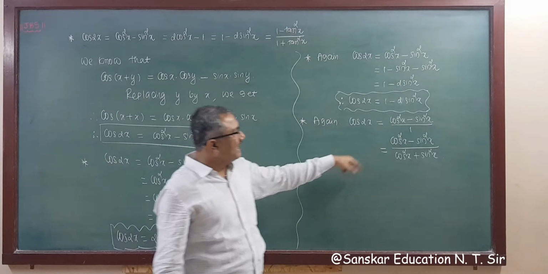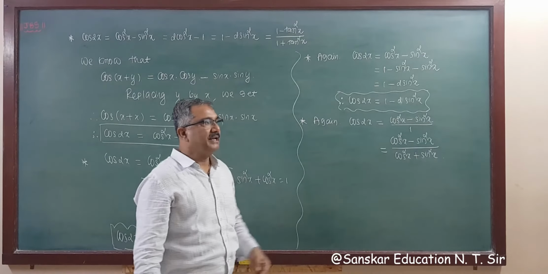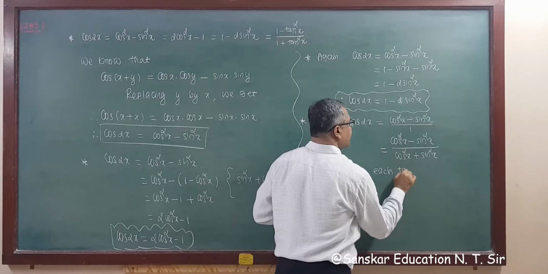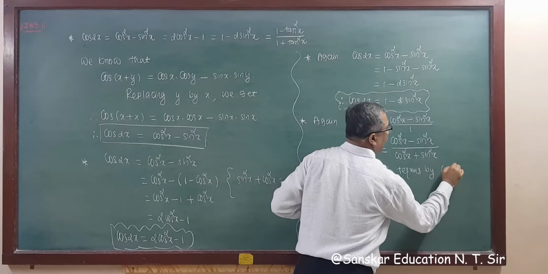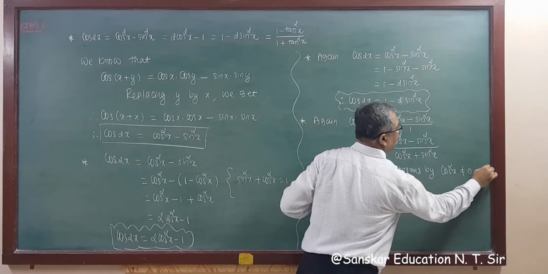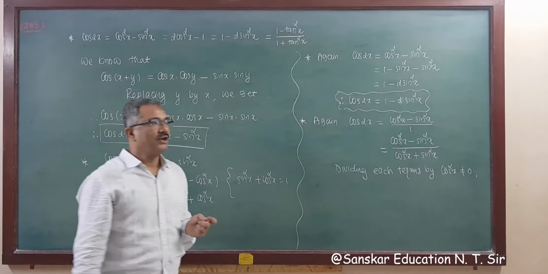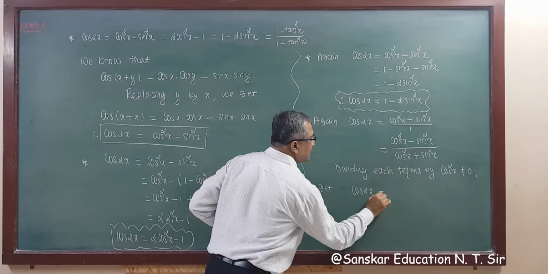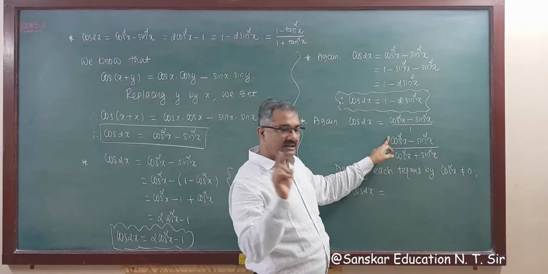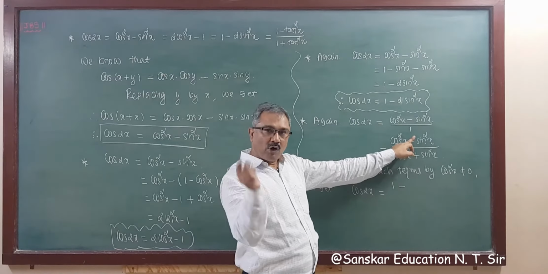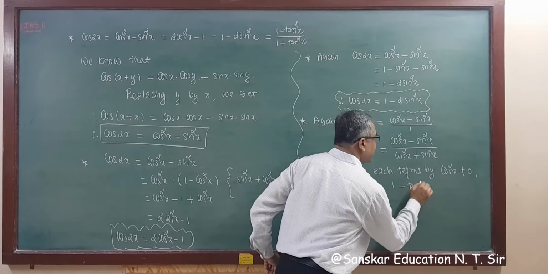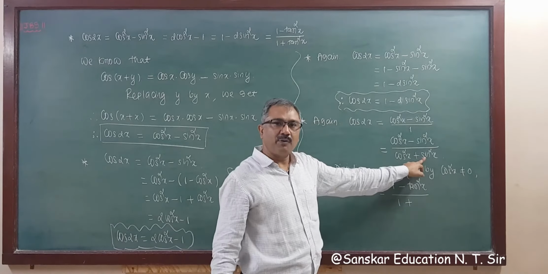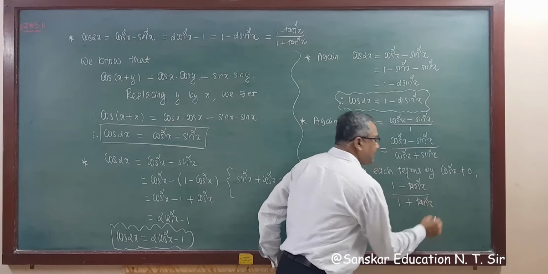Now dividing each term by cos square x, cos square x not equal to 0, we get, this is cos 2x as it is, so cos 2x is equal to, now cos square x upon cos square x, that is 1, so this is 1 minus sin square upon cos square, that is tan square x, whole upon cos square x upon cos square x, that is 1, and plus sin square upon cos square, that is tan square x, right, where x is